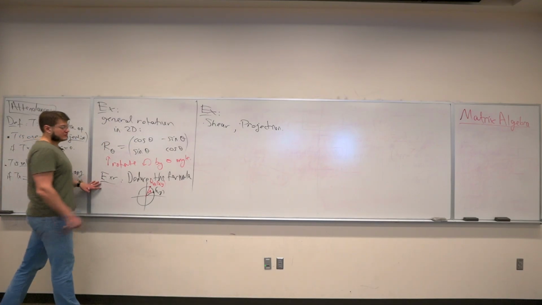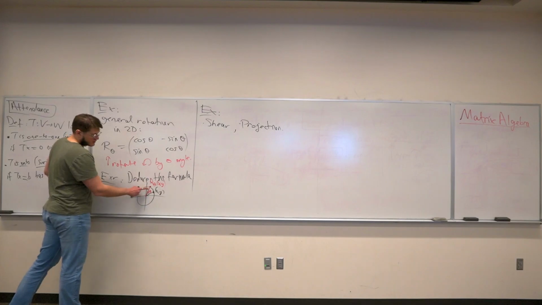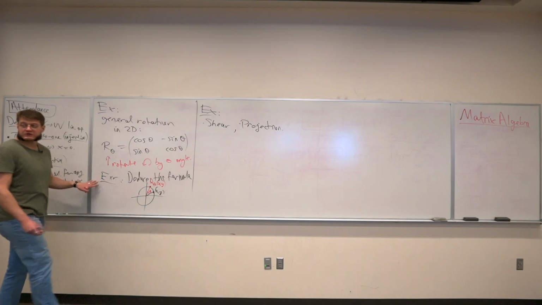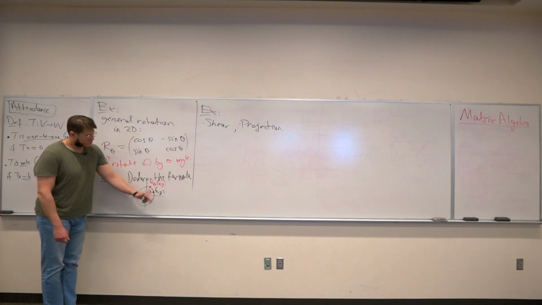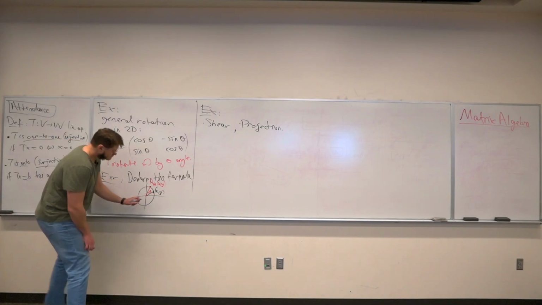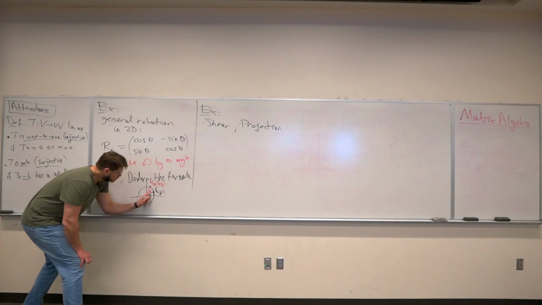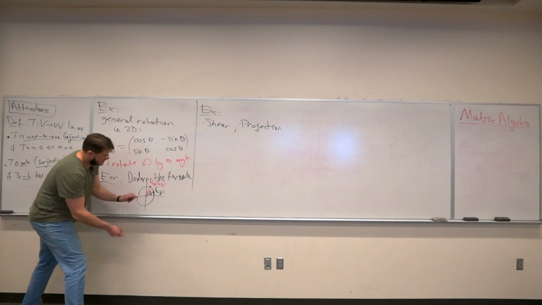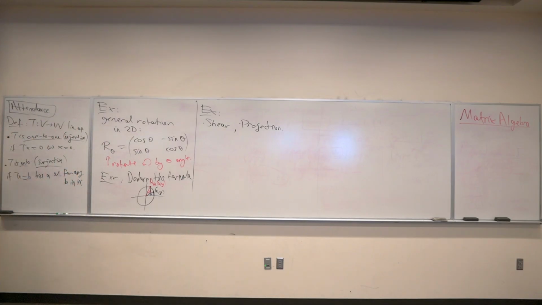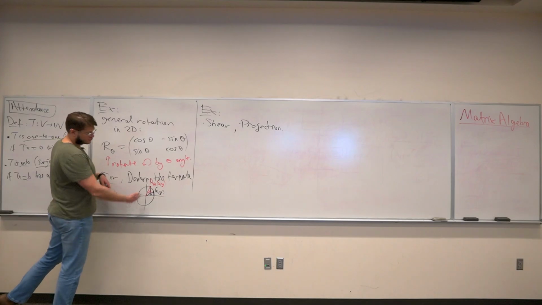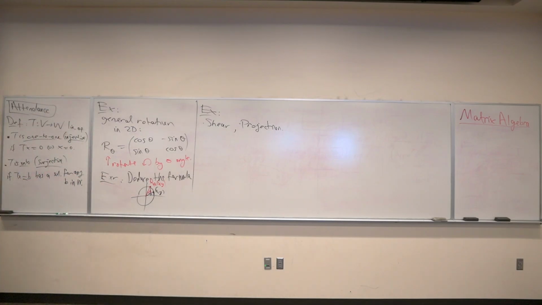What you need to do to deduce this formula is to relate the x and y coordinates of r theta xy to the x and y coordinates that you started with. And how do you do that? Well, this is where the trig comes into play. First, you need to transform this xy into an angle. So you want to focus on this slope here. Let's call it alpha. And then you're going to use this smaller triangle, and turn it into the larger triangle. There's some double angle formulas, or the formula for the sum of 2 angles, and you need to figure out cosine of alpha plus theta and stuff